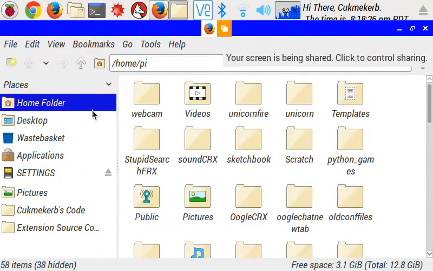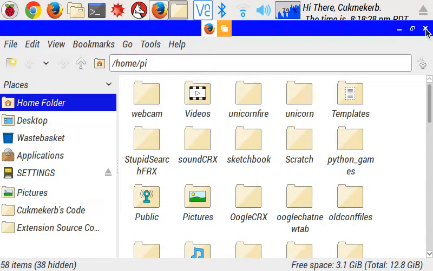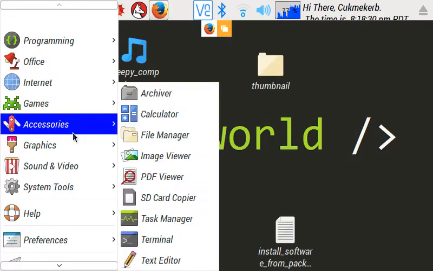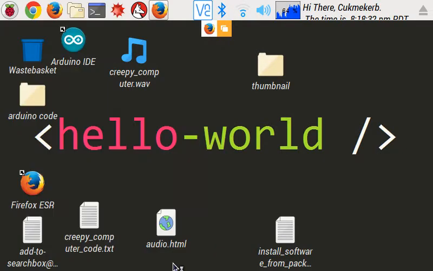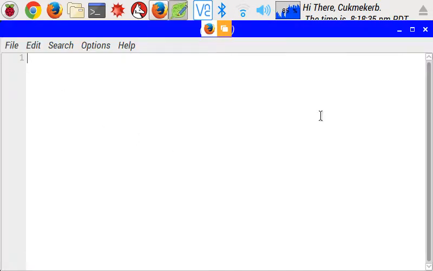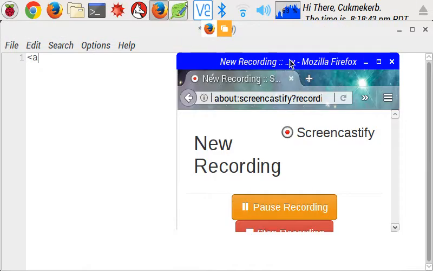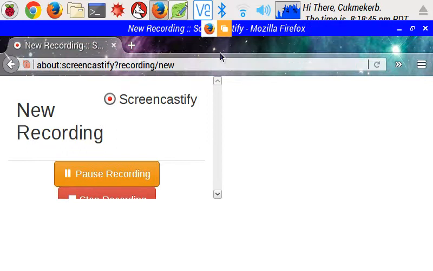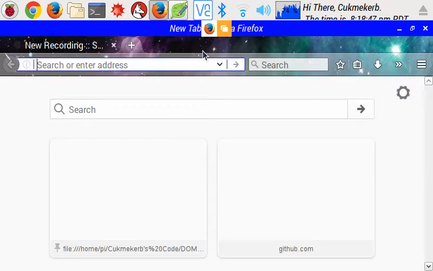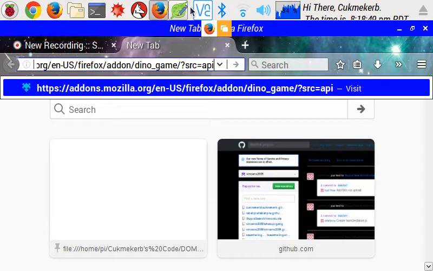To get started, pop open your text editor or whatever you prefer to use to write HTML. I accidentally opened my file manager, not my text editor. That was a mistake. Alright, now open an A tag and go to your browser. Open a new tab in the browser and find your Firefox extension. I'm going to paste the link into my latest Firefox extension